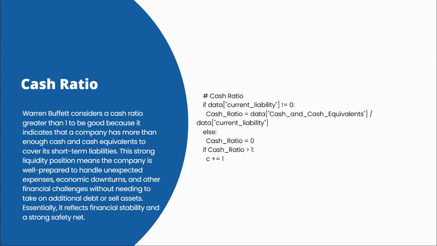So next, the cash ratio. Warren considers a cash ratio greater than 1 because it shows the company has enough cash and cash equivalents to cover its short-term debt without